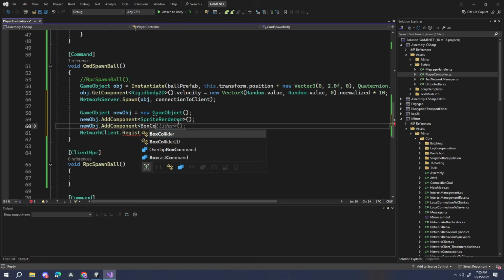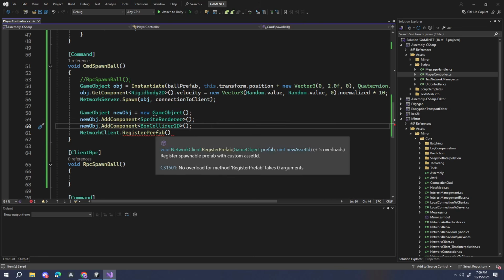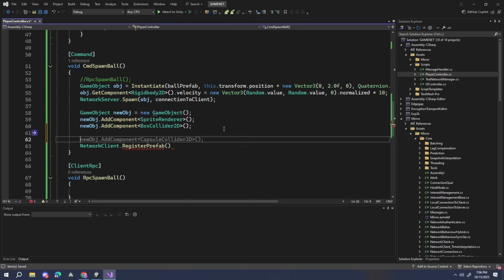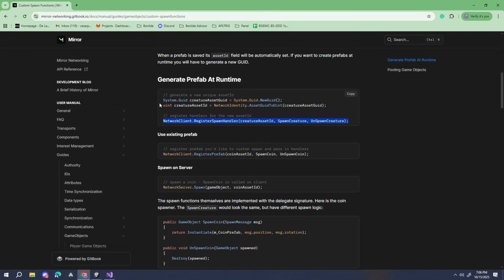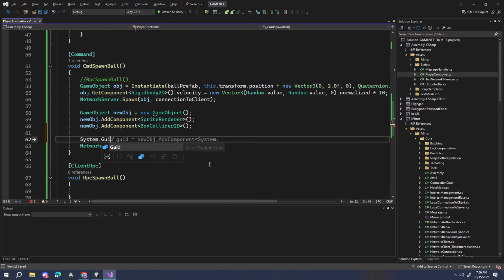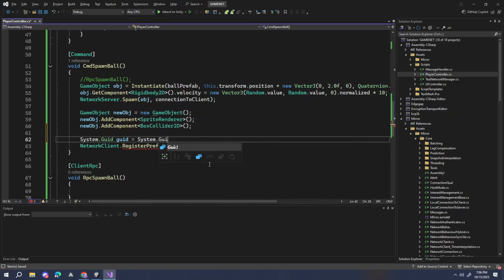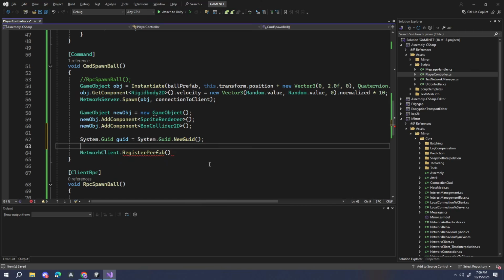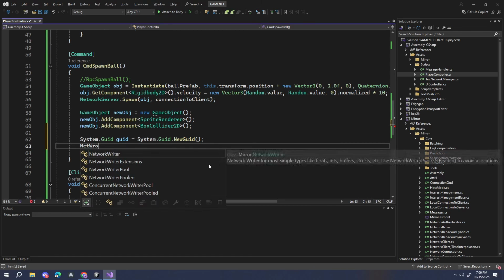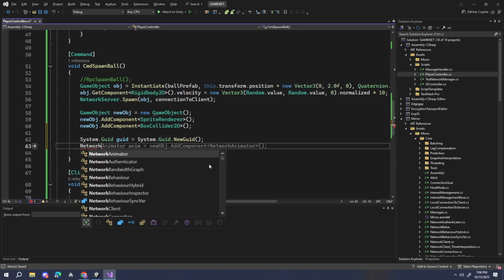Box collider, right. Then you need to do this GUID for the new ID. Extend that GUID. It's equal to System.Guid.NewGuid, and then NetworkClient